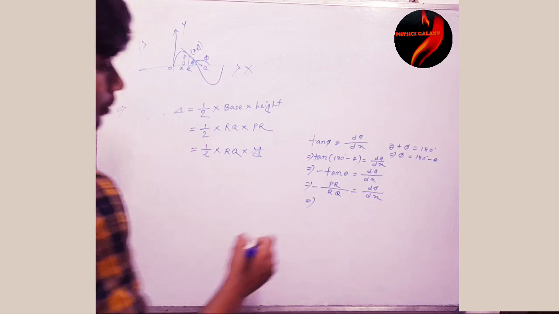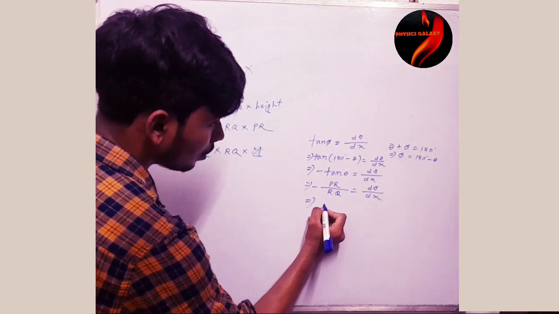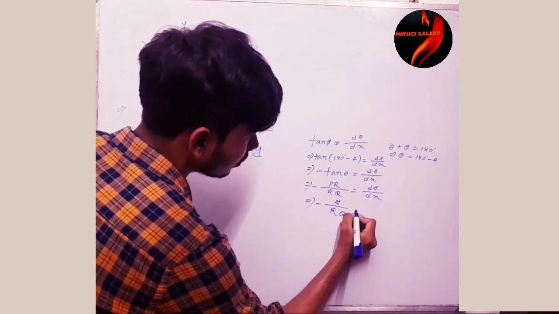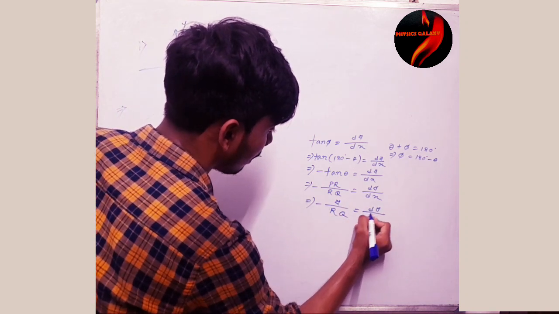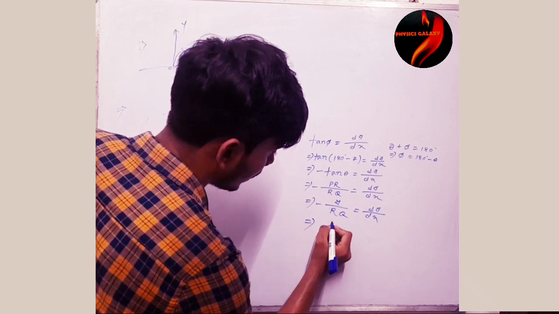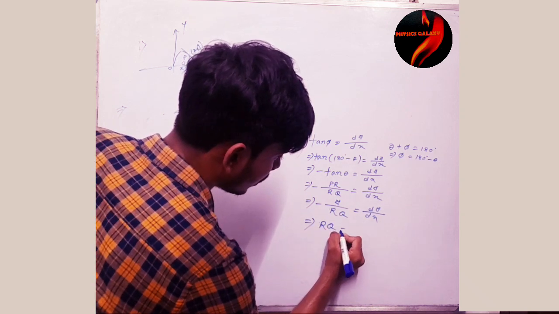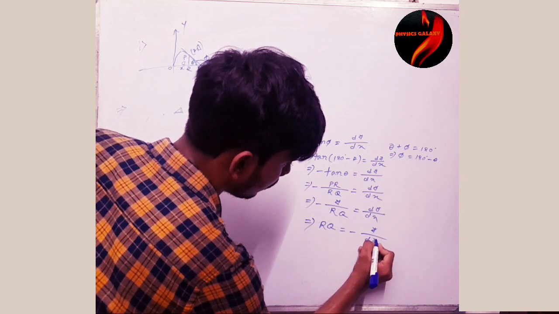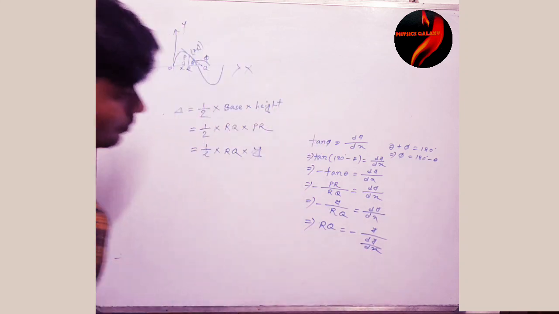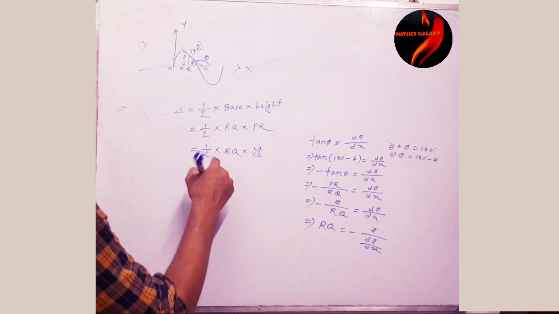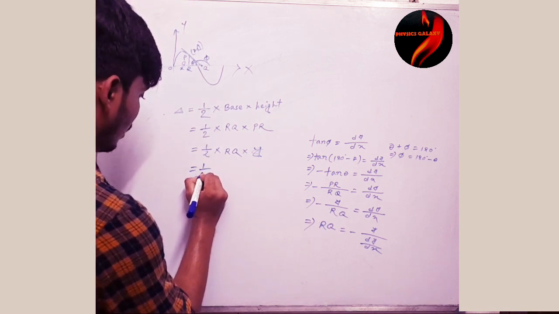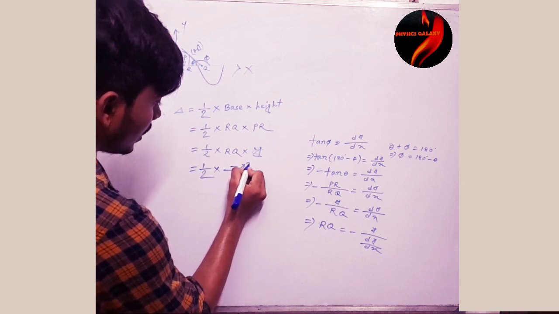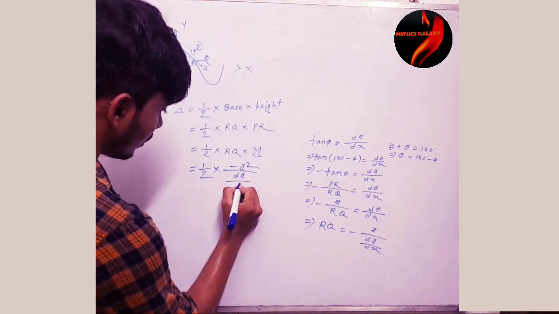And we know that PR equals y, so minus y by RQ equals dy by dx, and we get the value of RQ equals minus y by dy by dx. Put this RQ value here, we get half of minus y square by dy by dx,